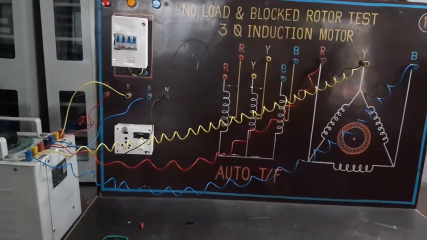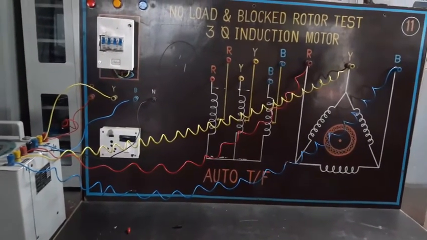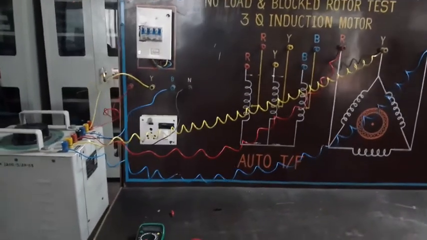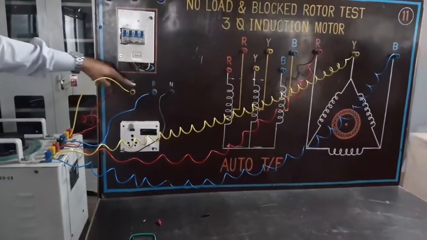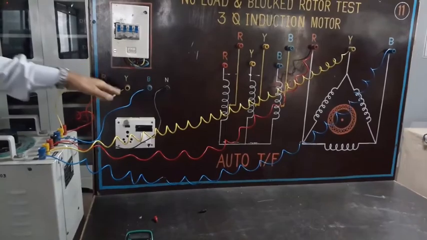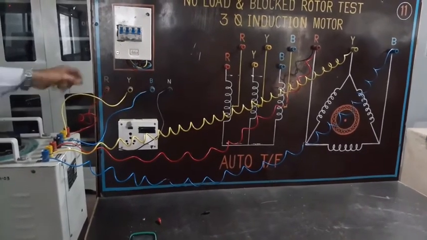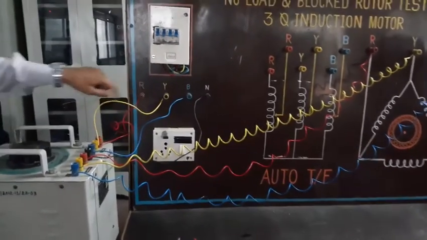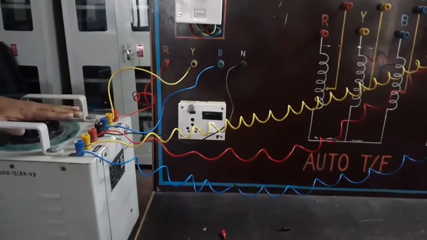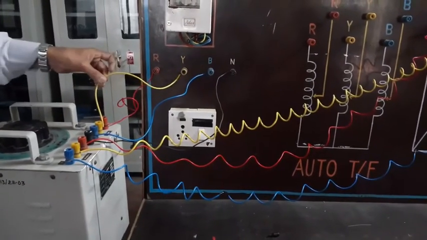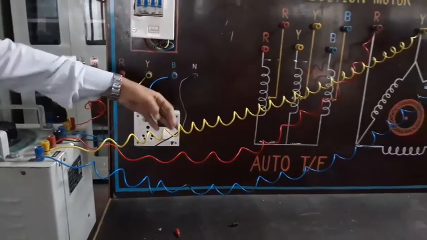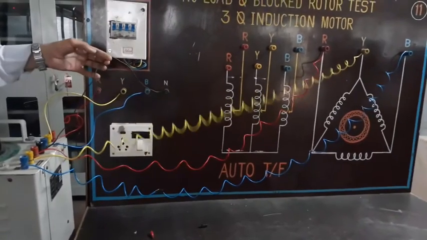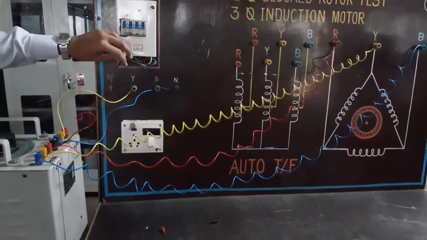We will check the direction of rotation of the induction motor by using this three-phase auto transformer. For that, I have made the connection likewise. This is the three-phase winding. This is the three-phase AC supply system, 440 volt. Now I am connecting this three-phase input to the input of the auto transformer, that means R to R, Y to Y and B to B. And for simplicity I am providing a neutral connection with the ground or the neutral of the system.